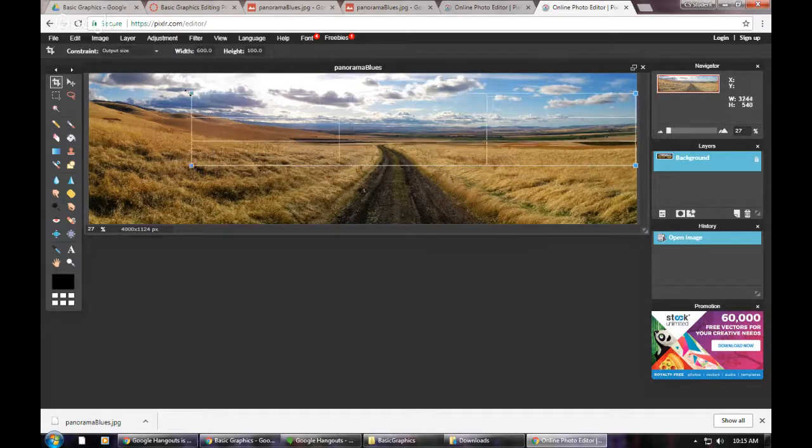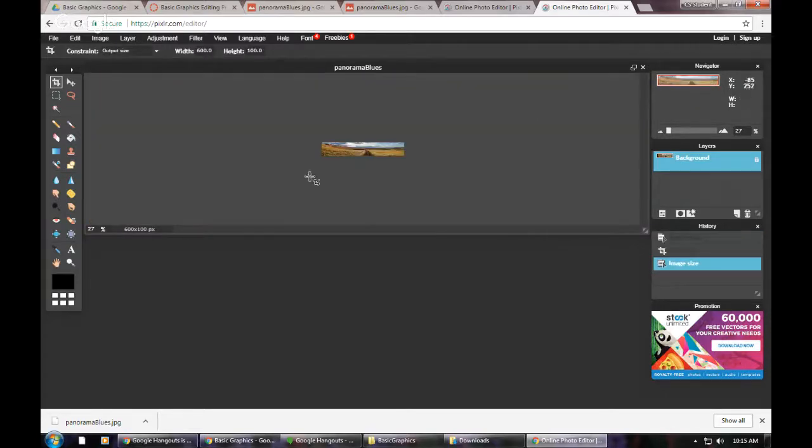It'll do two things when you do output size. It'll set the aspect ratio to 600 by 100, or 6:1, essentially. And you can select anything that has that shape. After you hit enter to crop it, it'll then resize it, because right now the image I selected is 4,000 by something, whatever the appropriate height is to go with 4,000 to be of the ratio 6:1. And then it'll resize it to actually be 600 by 100. So then I wanted to save that